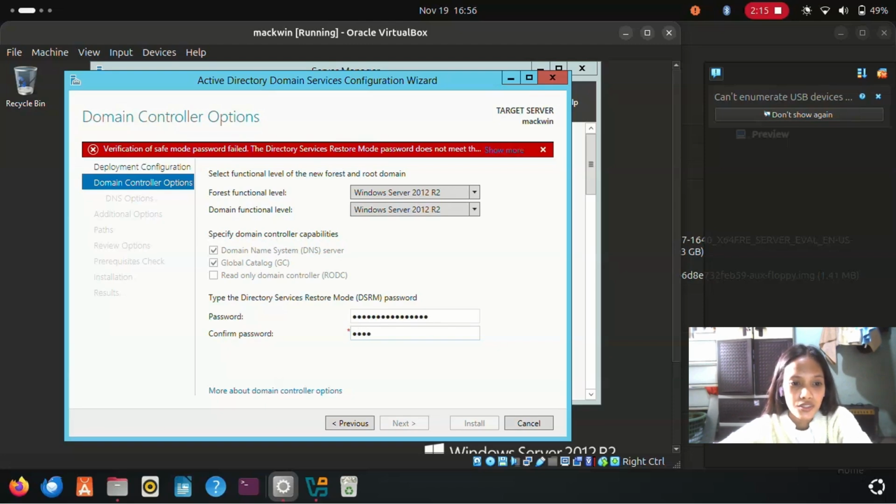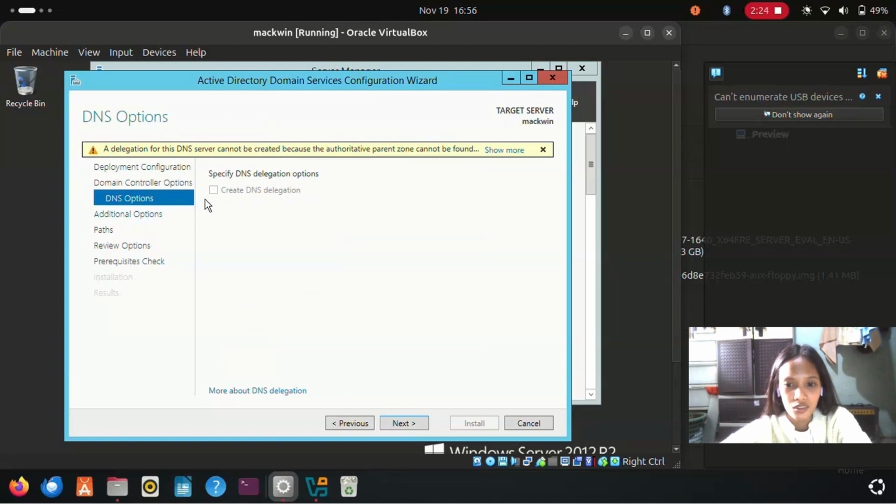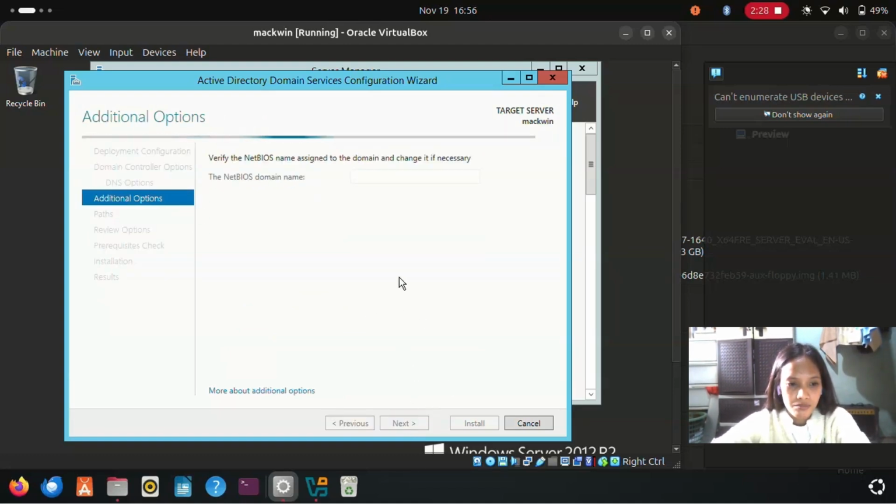The user reviews the summary and the wizard successfully passes the final prerequisites check. I don't know if that's the correct way to pronounce that. The user clicks install and the Active Directory domain services and DNS roles are installed and configured.